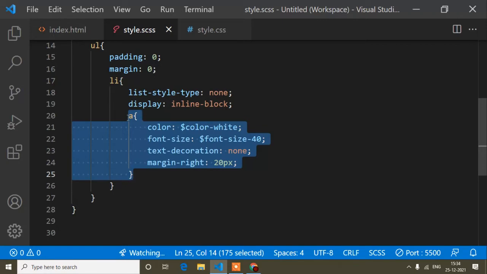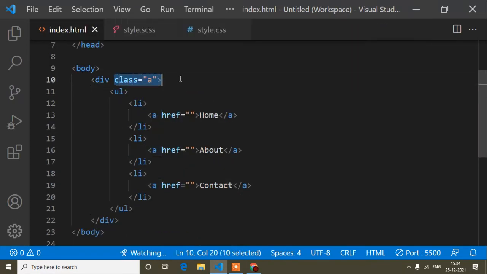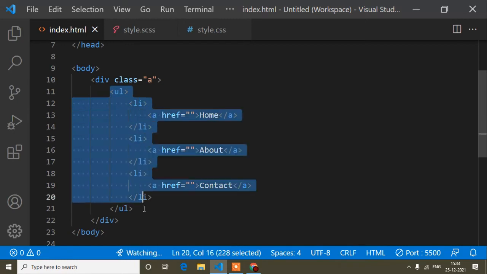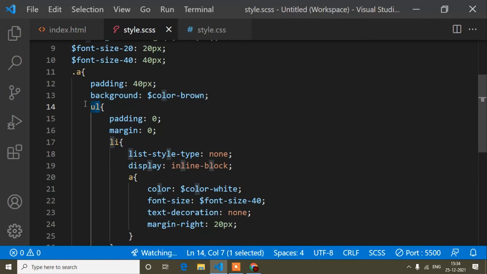Anchor is not the parent here, because those are the parent and child relation. A is the parent, then UL is the child. You can see the structure here. After that, inside this UL there is the LI tag. LI is the child, and LI's child is the anchor tag. So parent and child relation. So that's why I have written it this way.